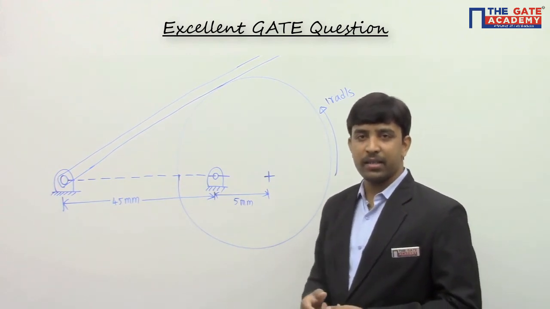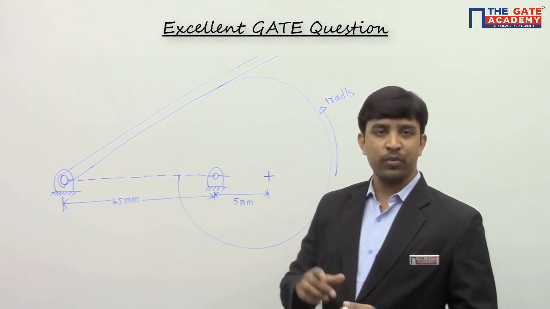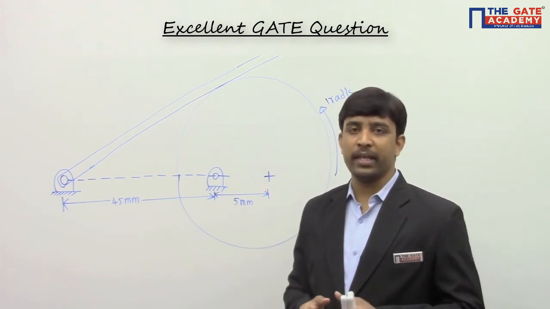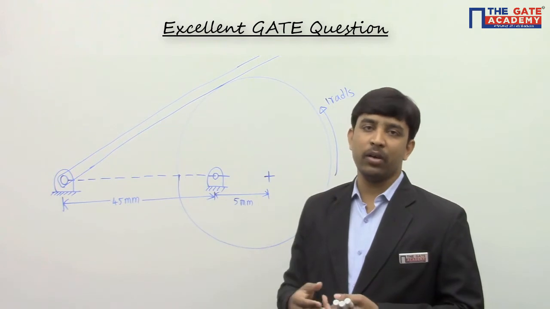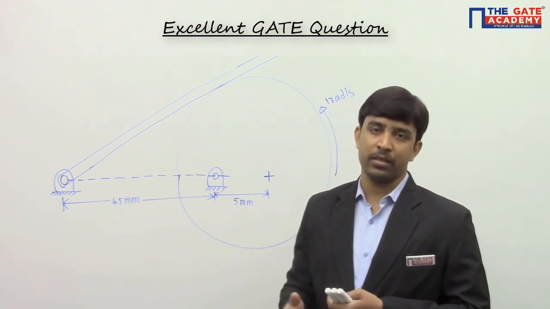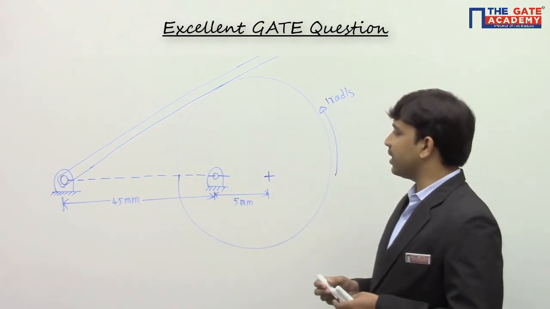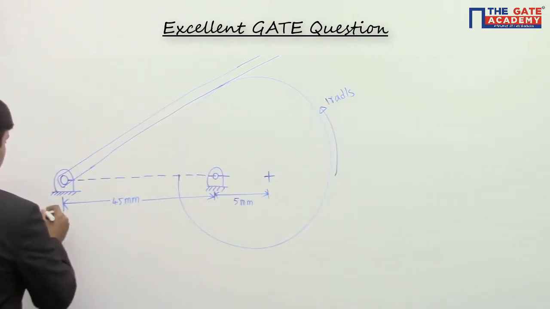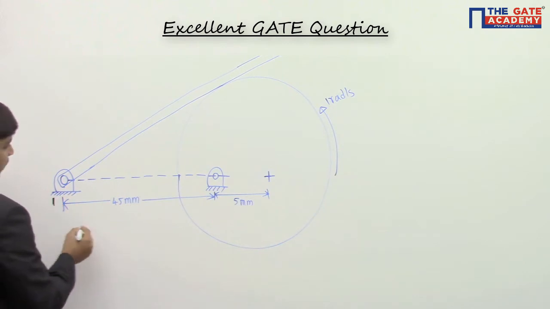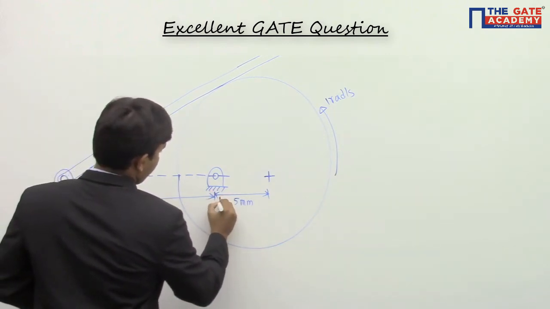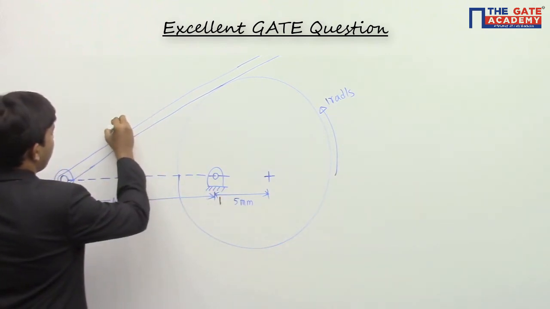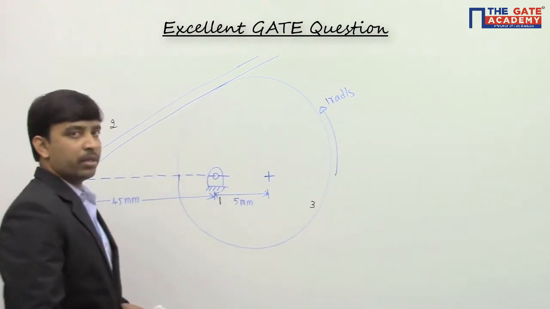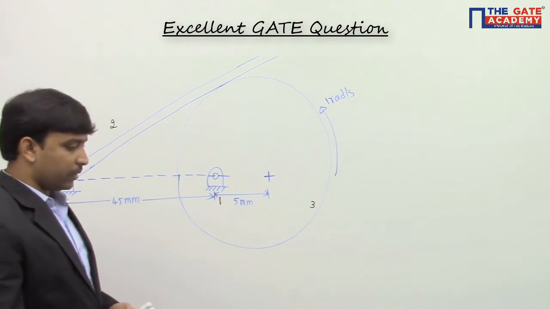In the instantaneous center method of velocity analysis, first we need to look at the instantaneous centers inside the mechanism, and then we have to use the angular velocity ratio theorem for finding out unknown angular velocities inside the mechanism. First we try to look at instantaneous centers inside the mechanism. I am calling the fixed link as link number 1. This follower I am calling link number 2, and this eccentric disk I am calling link number 3. These are the 3 links.